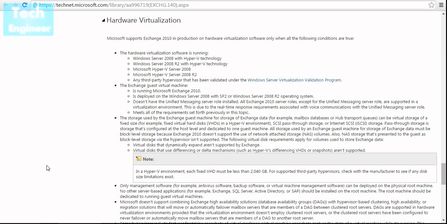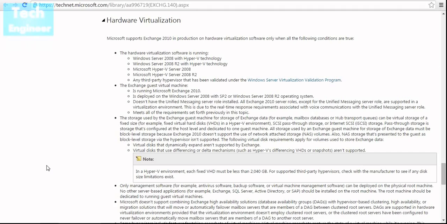Better you create another virtual machine and get that virtual machine into the network. Once that virtual machine joins the network, install Exchange Server 2010. It has to have Active Directory, and once it has Active Directory, you're able to install Exchange Server